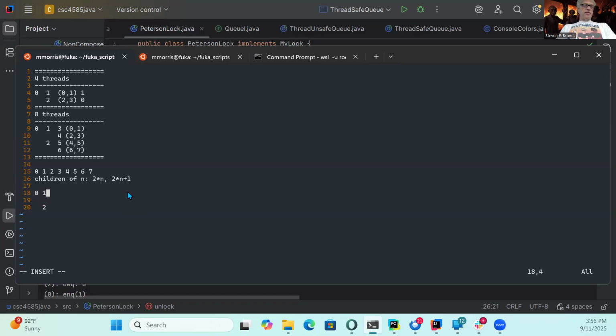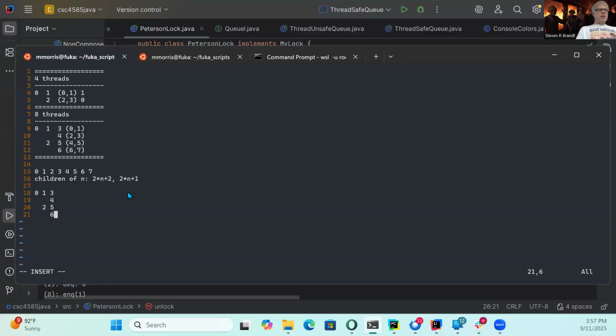And the next ones down from there are going to be, no, that isn't right. It's plus 1 and plus 2, right? Okay, so this is going to be 3 and 4. And this is going to be 2 times 2 is 4 plus 1 is 5. And this is plus 1 is 6.